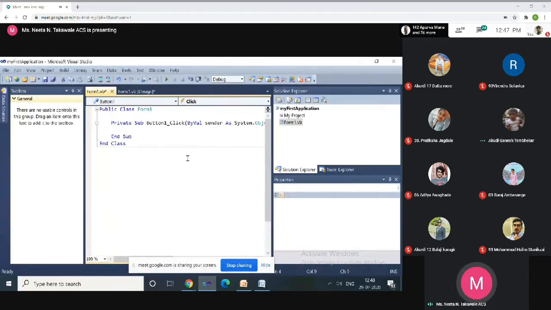That means using different components, we are designing one application. So it is called an IDE, Integrated Development Environment. Clear this part? Any difficulty?